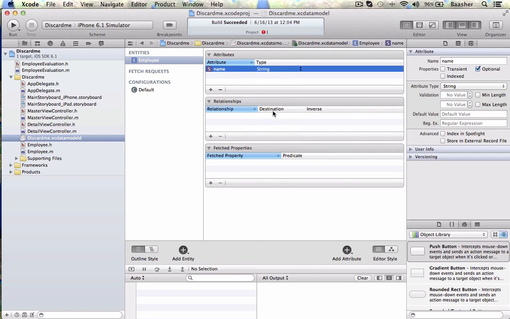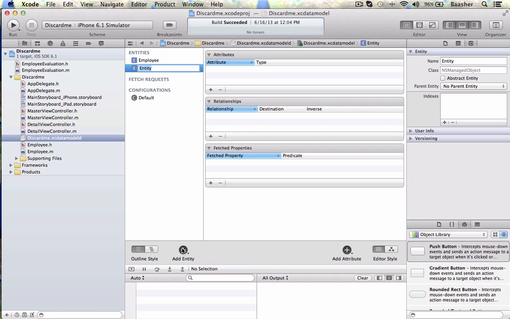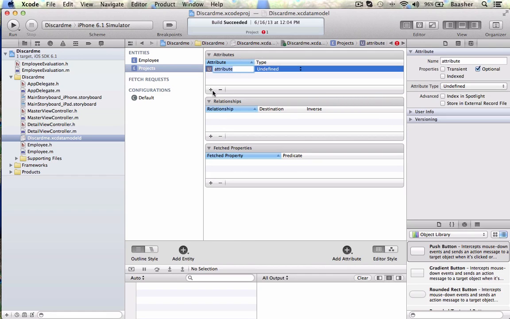I'm going to keep it simple. Of course, you'll have SSN and other things. The next entity, a table, I'm going to add is projects. And I'm going to add an attribute called project name,